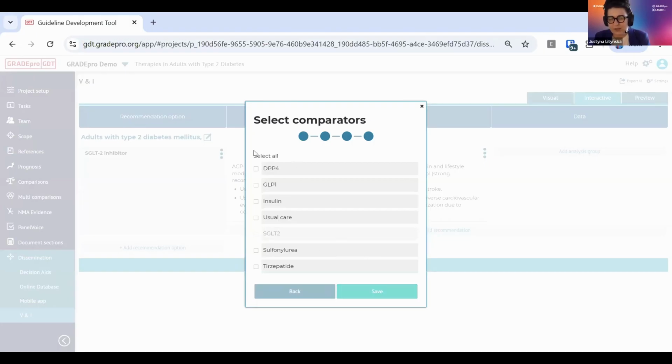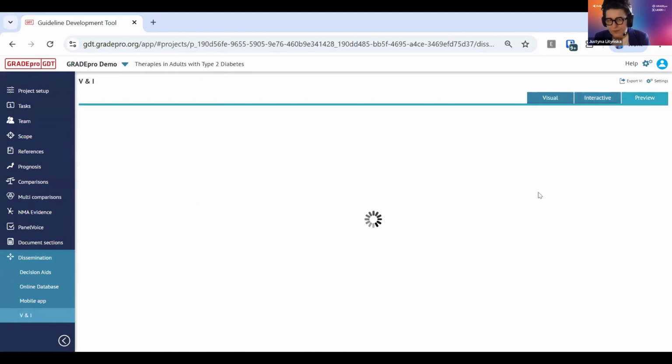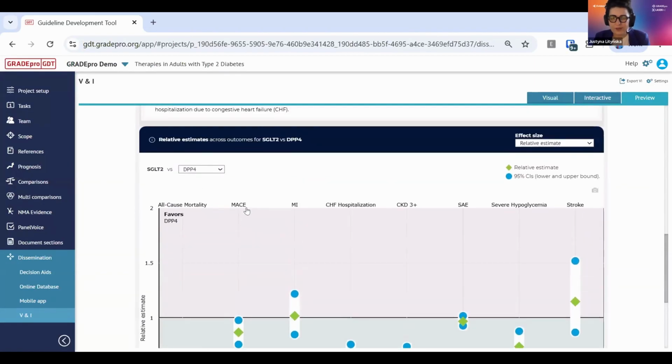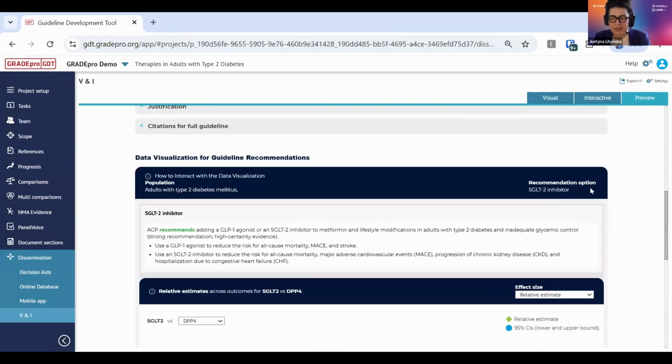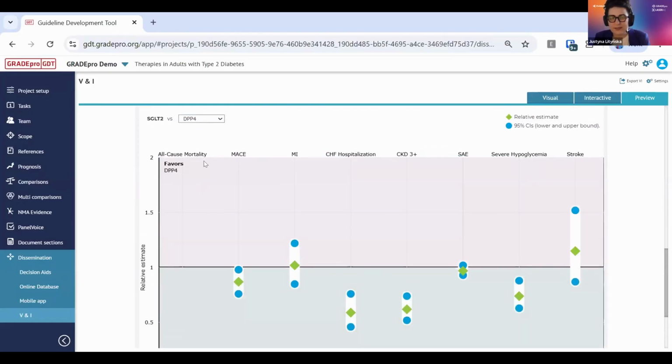And I can either select all the other comparators or only some, in cases when it would be relevant. And I click save, and basically that's it. So if I go to the preview part now, I will see that the plot appeared here. I cannot yet select the recommendation option because I only entered one, but already in this one option, I can select